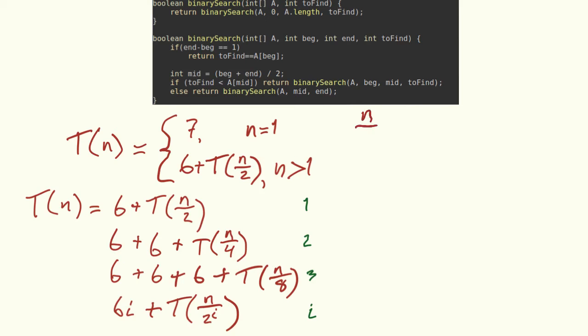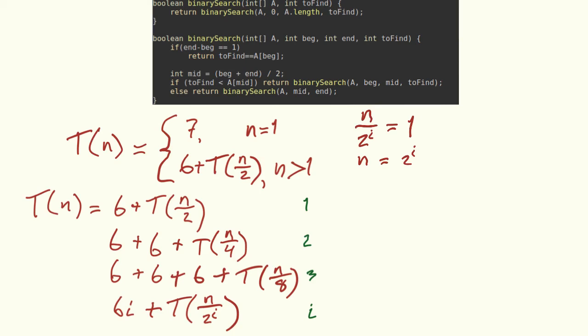So we've got n over 2 to the i, and we want that to equal 1. Okay, just algebra this out, multiply both sides by 2 to the i, you get n equals 2 to the i, and then